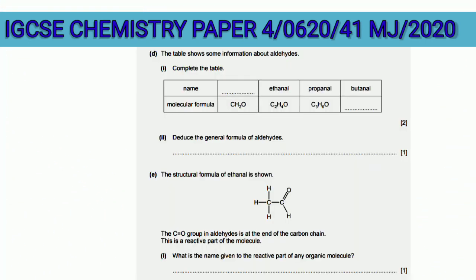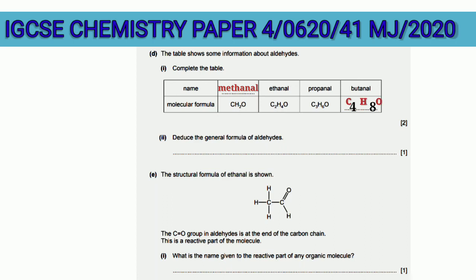Question 5D. The table shows some information about aldehydes. D1. Complete the table. A table is given with one name and one molecular formula missing, which we have to fill. First molecular formula shows CH2O. It has one carbon, so name of aldehyde will be methanal. Next two formulas and names are given: ethanal C2H4O, propanal C3H6O. So butanal will be